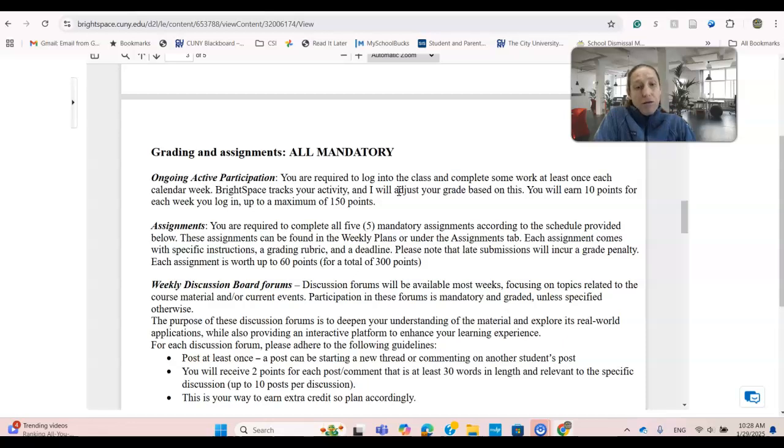If you do that, you'll get 10 points for each week that you log in, and that can accumulate for you 150 points. I've had students check in the first week, come back at the last week, get a really low grade, and tell me, oh, but I completed the work. Well, you just lost more than 100 points by not being there regularly.